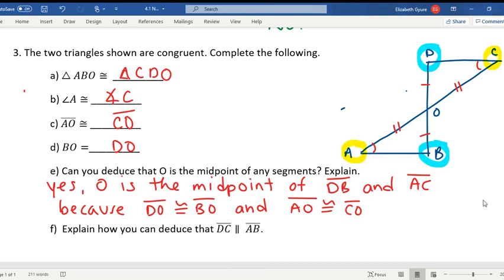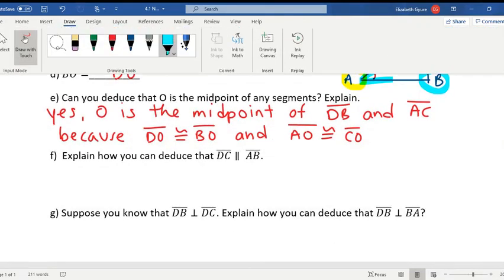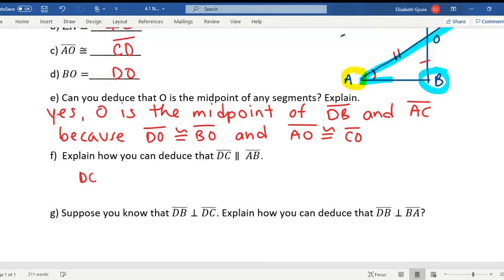Then for part F, how can you deduce that segment DC is parallel to AB? Well, remember, parallel lines, we have to have a congruent angle relationship. And if you look, since these two triangles are congruent, angles C and A are going to have to be congruent to each other. And that gives us a pair of congruent alternate interior angles. So we would say that CD is parallel to AB